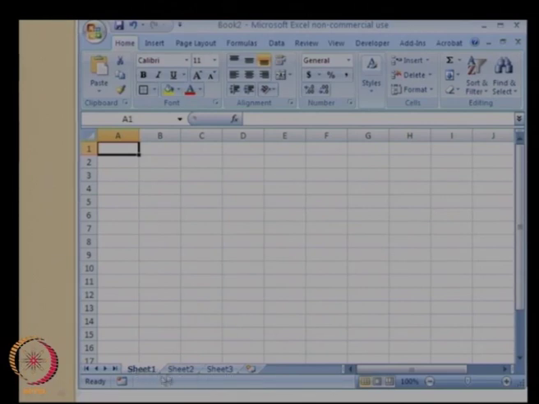At the bottom you will have the list of all the sheets that are available. At the top this is the menu bar, and this is what is known as the ribbon, as I have shown in the next slide. So this is the menu bar. As you can see, the various menu options: the Home menu option tells you about cutting and pasting, this one allows you to change the fonts, and over here you have various formatting for the numbers, and so on.